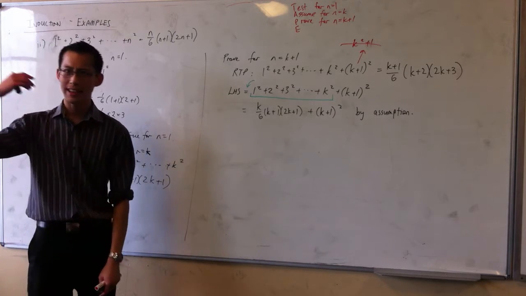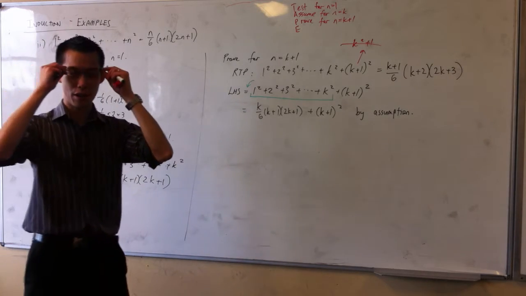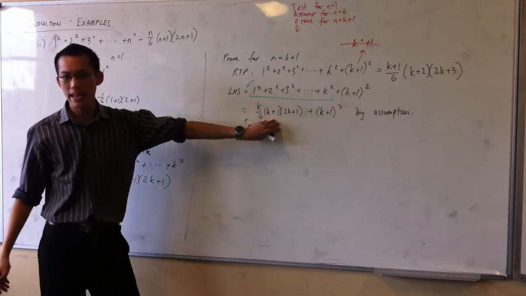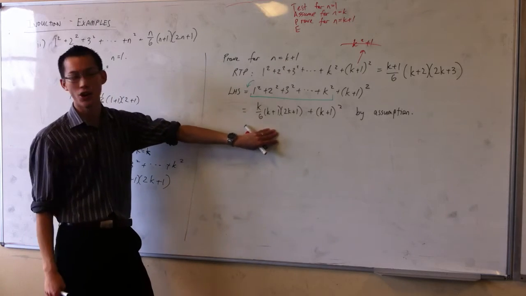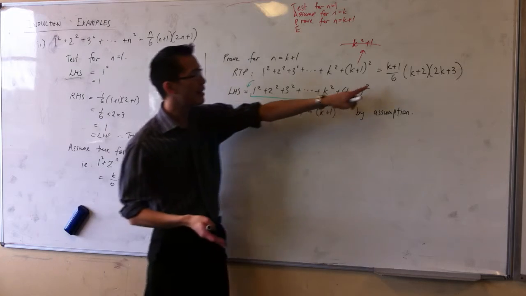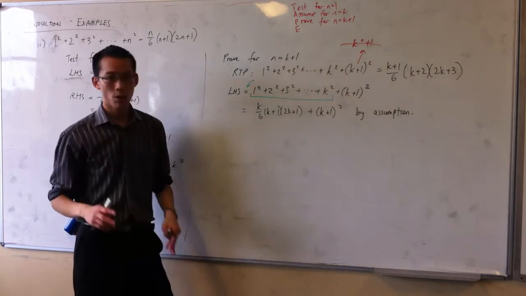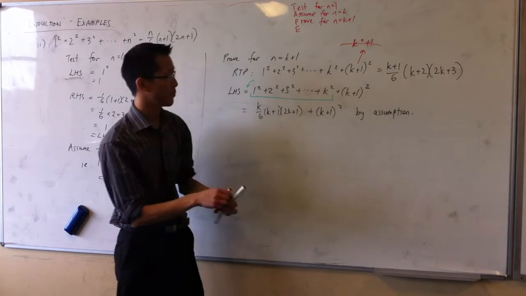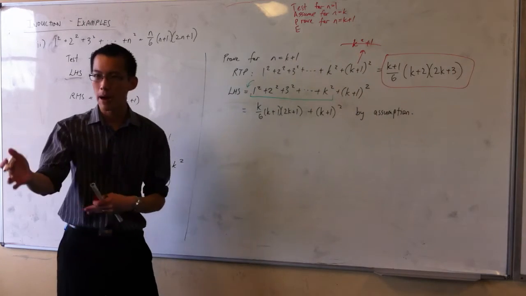Now, as with before when you did, say, trig identities, or even when you're trying to prove, because this is what I'm thinking about for year 11, you've got to prove a function is odd, or prove a function is even. We're used to taking any algebraic statement and just simplifying down as far as we can go. But we don't actually want to simplify as far as we can go. We want to get to a specific point, and that might not be the simplest it can be. So before I do any working, I keep my eyes on the target. Highlight it, this is where I've got to go,